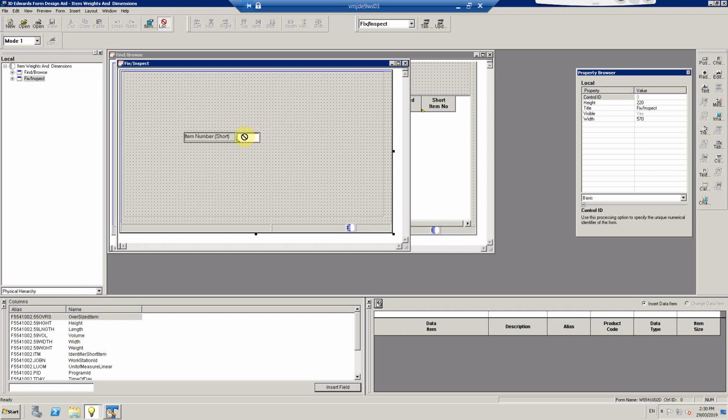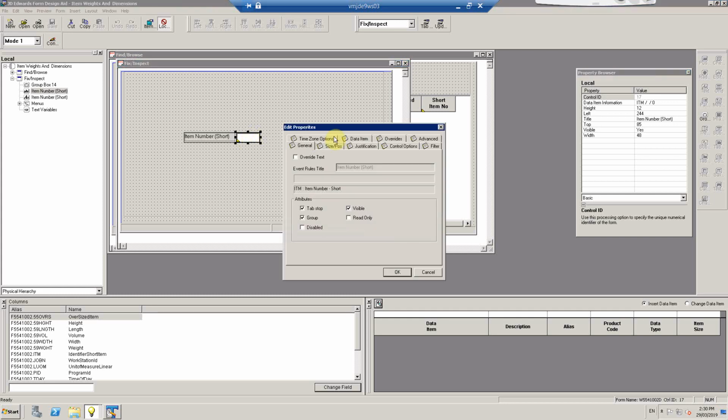So now, if I had some code associated with this, I wouldn't want to delete this and add a new one because it would mess up all my code. So it's not associated. Okay, so what I could do is just double click on it, go to data item,